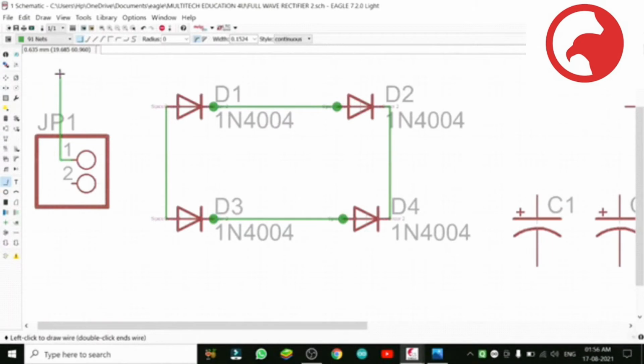As the wiring I did was wrong, now I am taking it to the right place. So you need to check the circuit from time to time of this full wave rectifier. Now it's okay. The pin number 2 will come opposite to it.